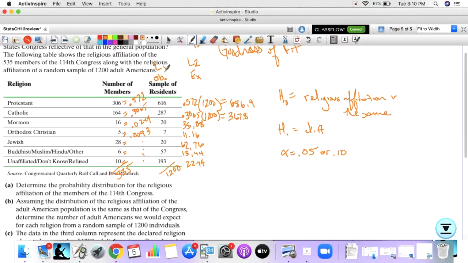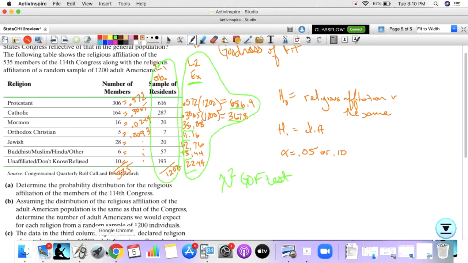So we are going to put all of this information, our observed actual data from the actual sample they took, and put it in L1. We're going to take all of these values, our expected values, and we're going to put them right in L2. After they're in L1 and L2, we're going to do a chi-squared goodness of fit test. I do not have them plugged into my calculator. It's going to take a lot of time for me to type those in. So instead of doing that, I did do it before starting this video. I made sure that L1 was for observed, L2 was for my